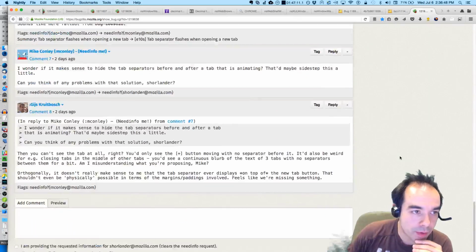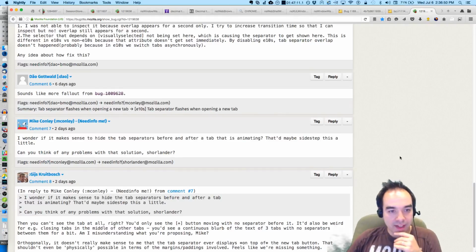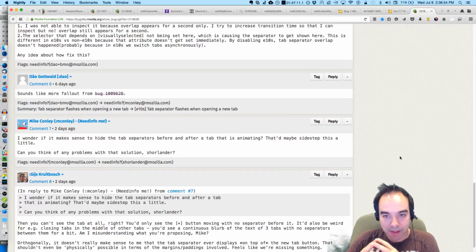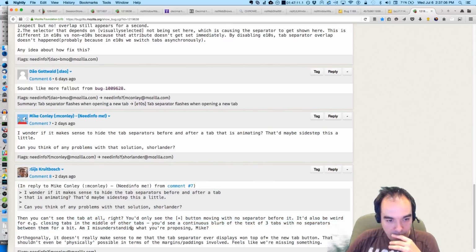So this tab separator thing, originally my idea was if it makes sense to hide the tab separators before and after a tab that is animating, that'd maybe sidestep this a little. Then you can't see the tab at all, right? You'd only see the plus button moving with no separator before it. Also be a bit weird for closing tabs in the middle.